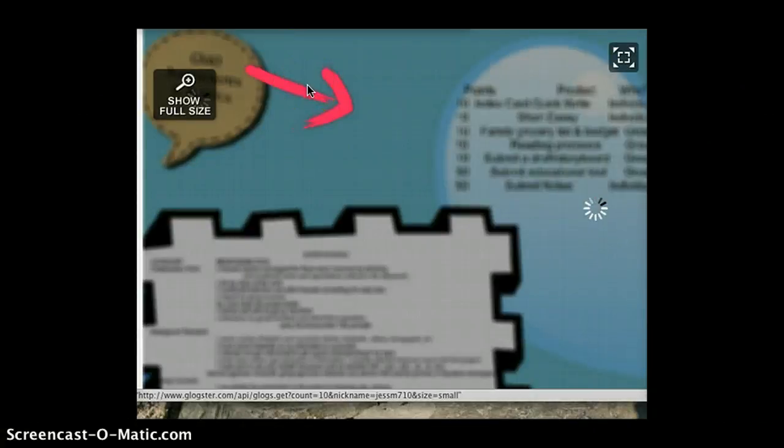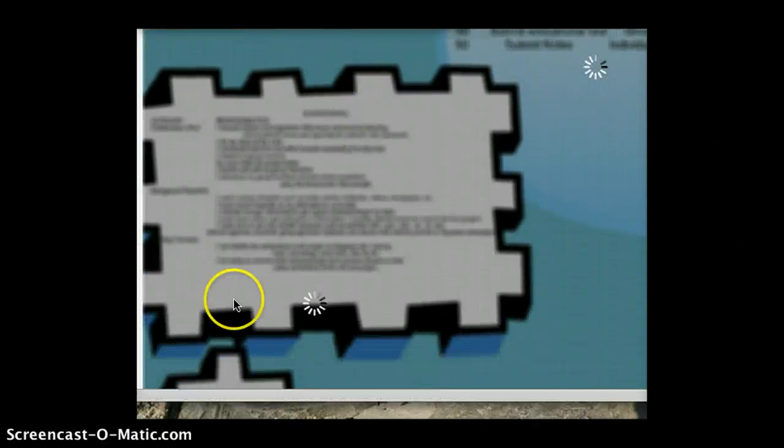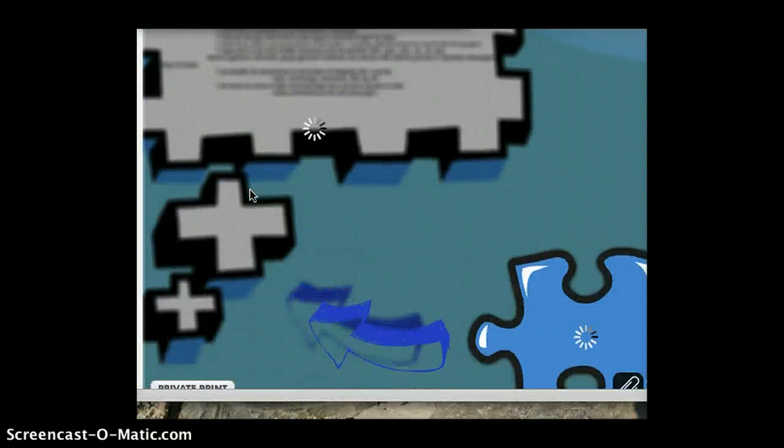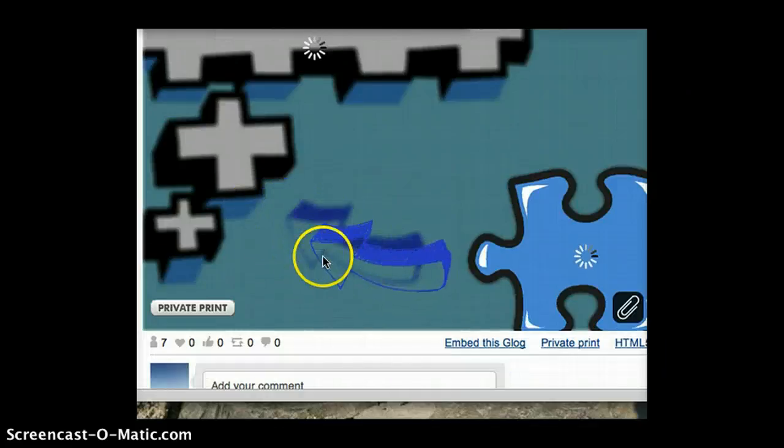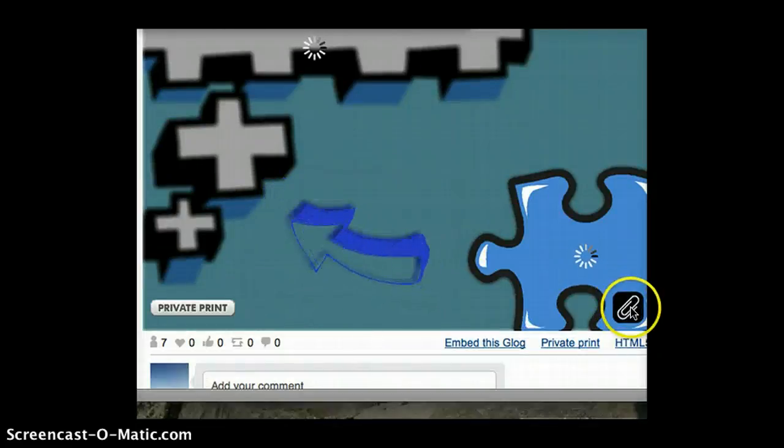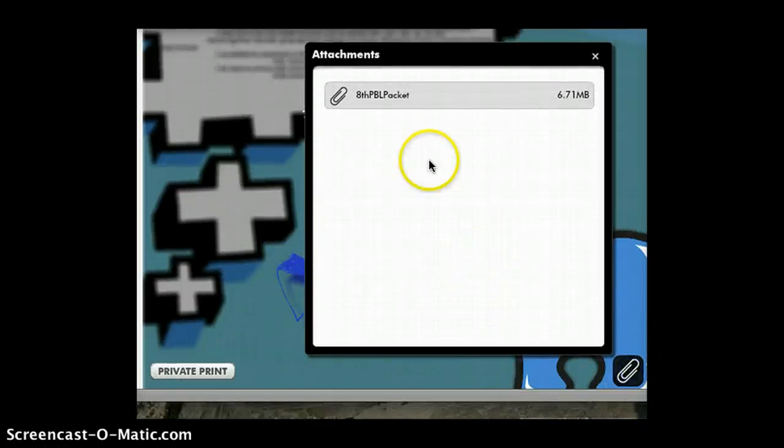You want to ensure you have a good internet connection, which I do not have right now, so this assignments and rubrics page is not loading appropriately. But essentially you'll have assignments due dates here, your expectations and grading here. This is your arrow to return back to where you were. And down here you have attachments, and I have attached the entire packet for you that you will also receive a printed copy of,